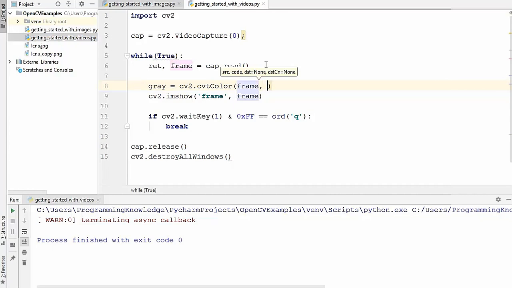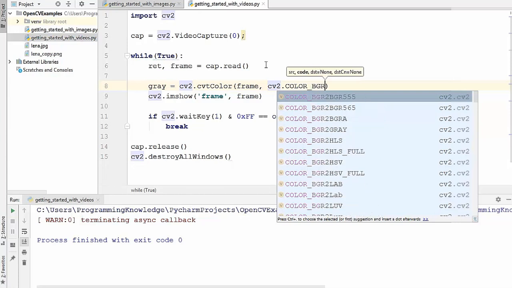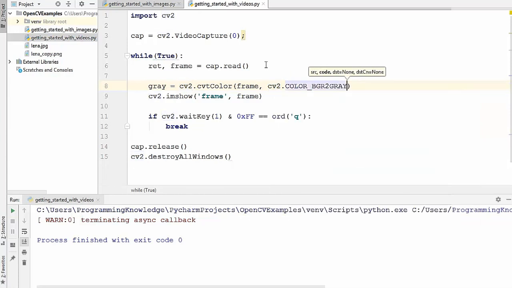The second argument is the conversion we want to do. So we will just call cv2.COLOR underscore, and by default the colored image is captured as a BGR image, that means blue, green, red channel images, and we want to convert it to a grayscale image. So we will just write BGR to GRAY. This means we want to convert the BGR image to the grayscale image,